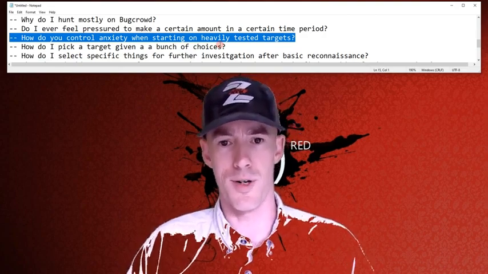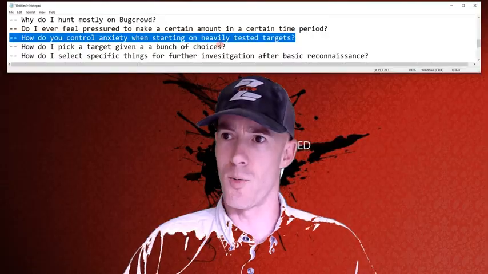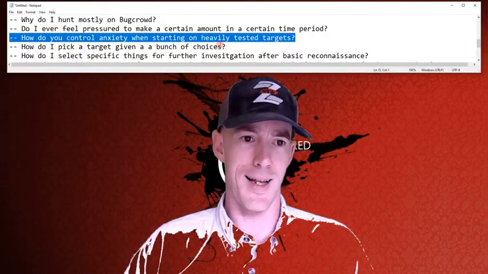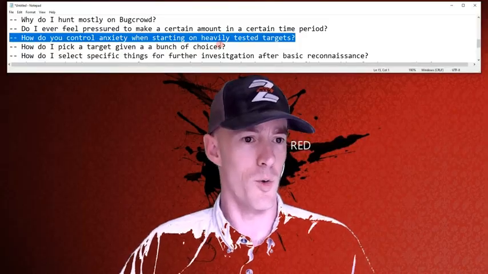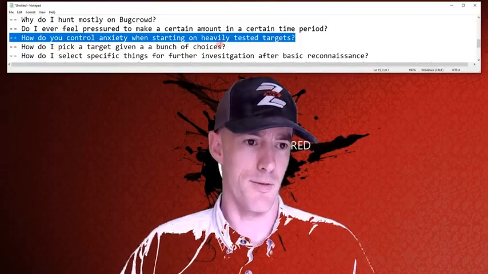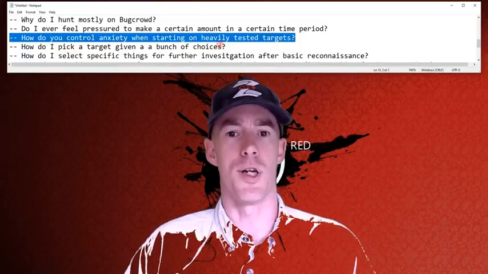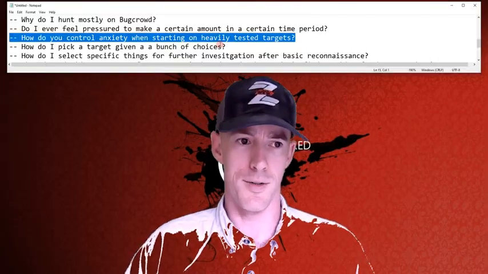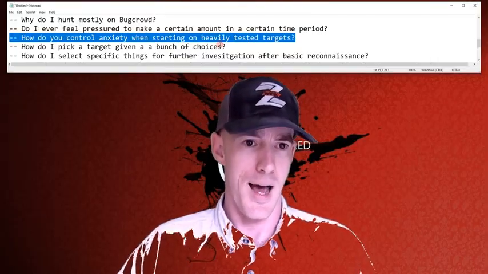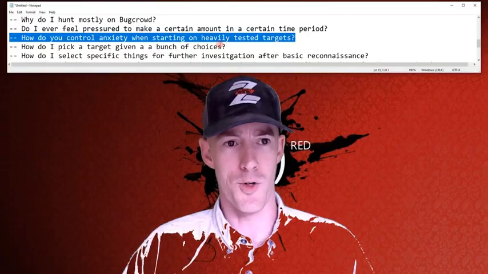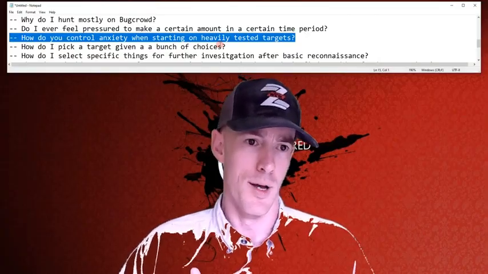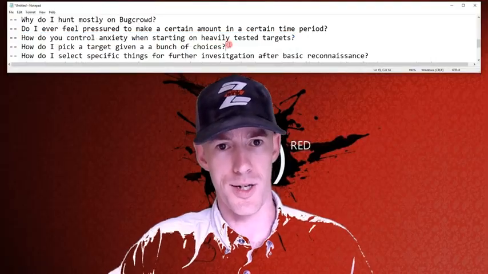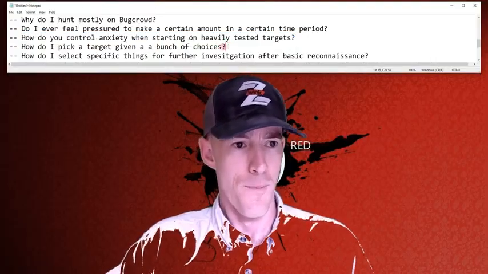And when we all come together on a target, we find more stuff, and that's what's so cool about crowdsourced security. If you ever get to the point out there where you think you're the bomb and you're finding everything that's out there on a target, you're wrong. You just are, because there's always somebody that thinks differently, hacks differently, and has a different skill set than you. So it's important to realize that, and I think control that anxiety when going into a new target. Is like, okay, I might be the person that brings the new thing to this target, that finds something that nobody else has found before.